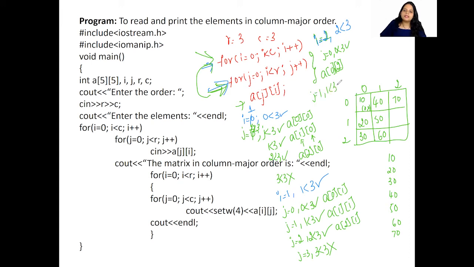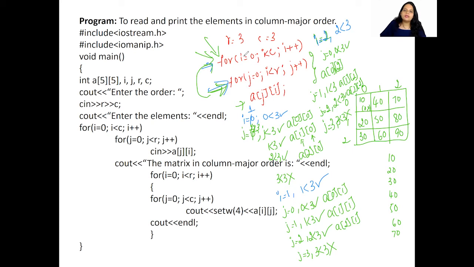Next, the j value is going to get increased to 1. Is 1 less than 3? Yes. So A of 1, 2 is going to get the value, and it is going to come and get stored here. j is going to get incremented once again. Is 2 less than 3? Yes. So A of 2, 2 is going to get the value, which is over here. Now again the j value is going to get incremented and become 3. Is 3 less than 3? No, it is not. Now this for loop breaks and we are coming back to the main for loop.